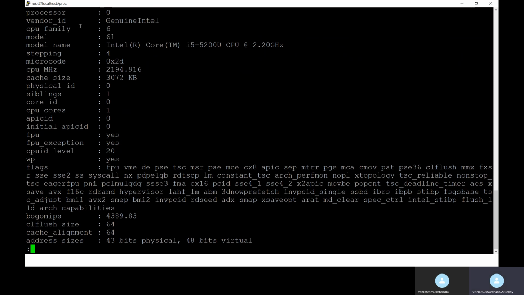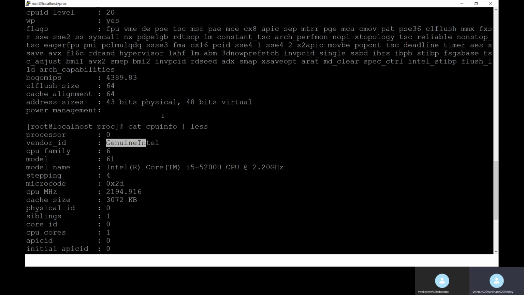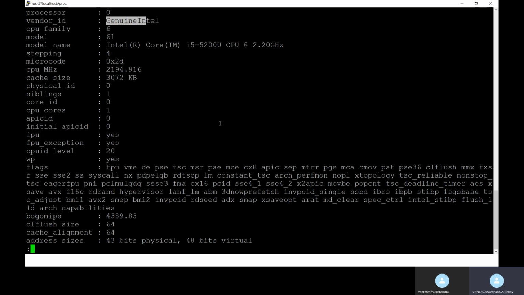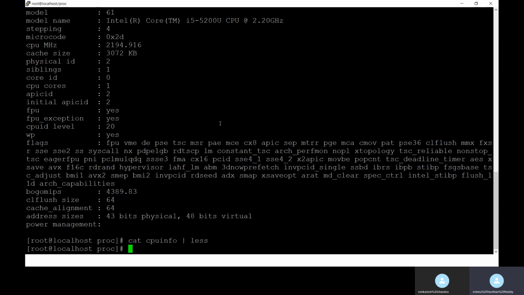Processor 0 and vendor, vendor genuine Intel, CPU family 6, model 61, stepping 4, and then microcode, CPU megahertz, cache size, physical ID, siblings, core ID, and everything. It will give the complete CPU information about the system.